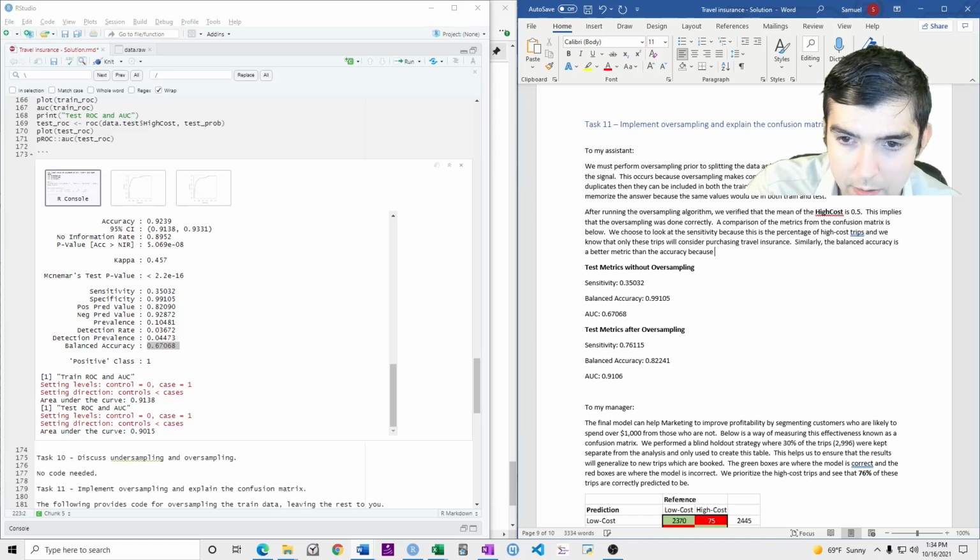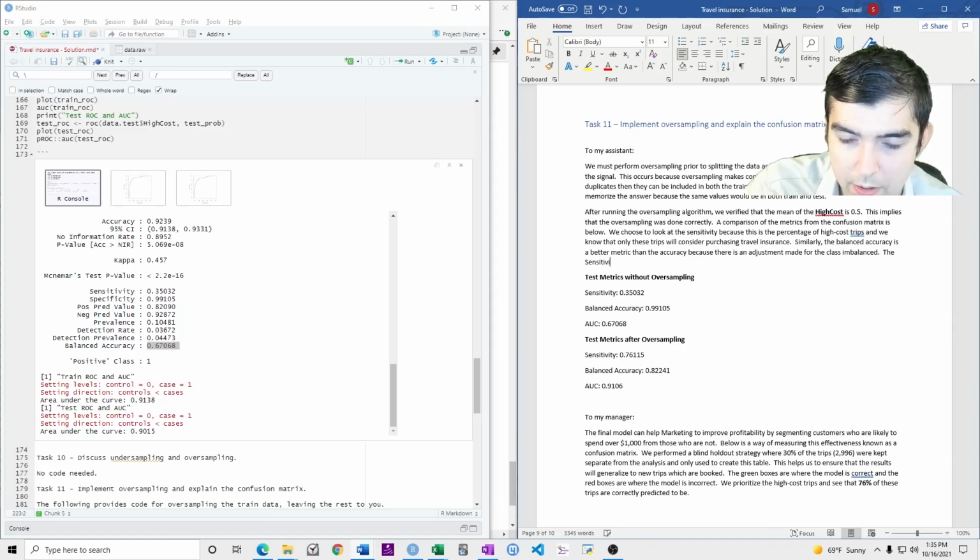because there is an adjustment made for the class imbalance. The sensitivity increases from 0.35 to 0.76.